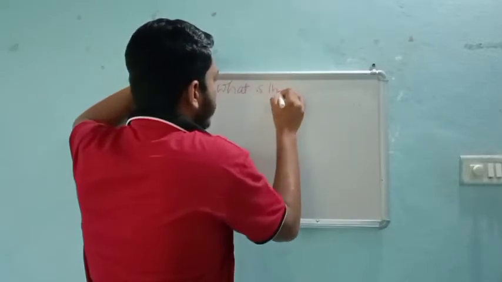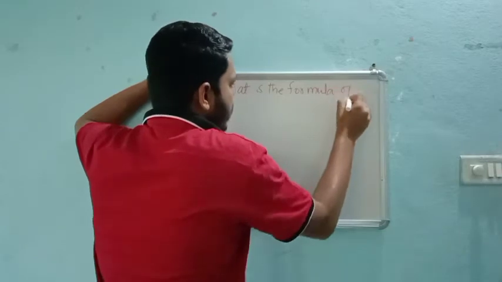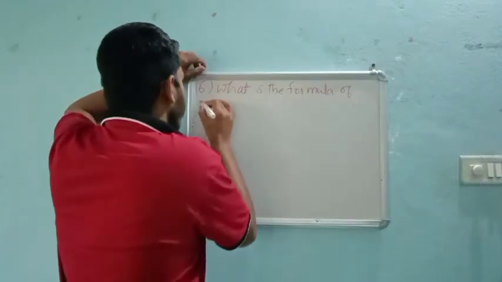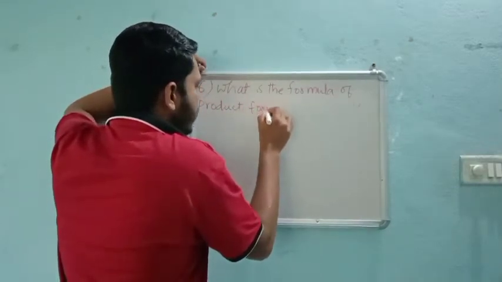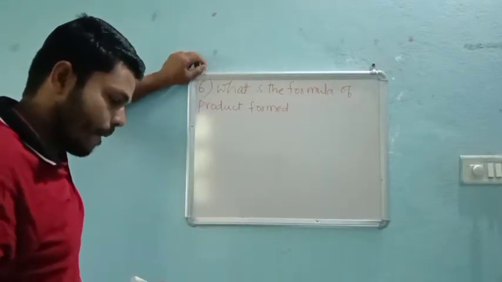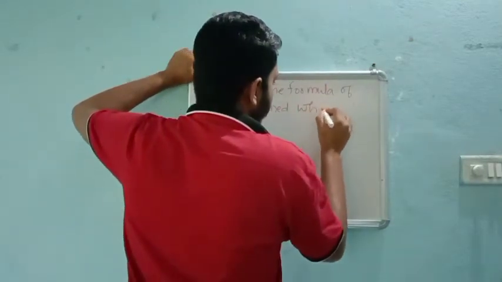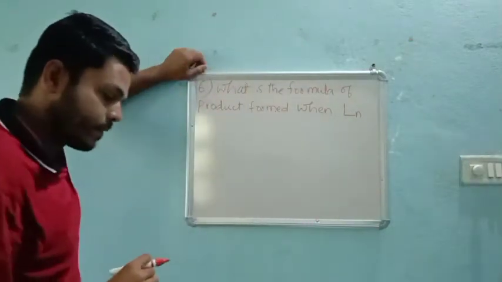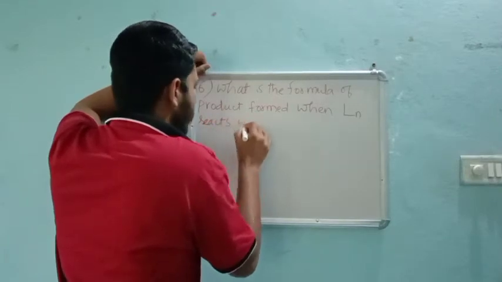What is the formula of the product formed when lanthanide, shall I write directly? Lanthanide means Ln. What is the formula of the product formed when lanthanide reacts with